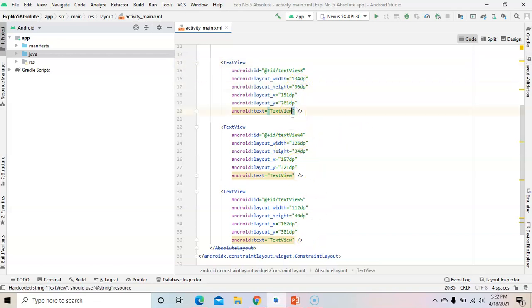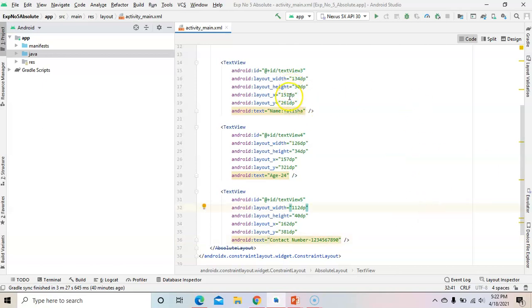So here we will write the name, then age, and then mobile number, that is contact number. So like this you can give.